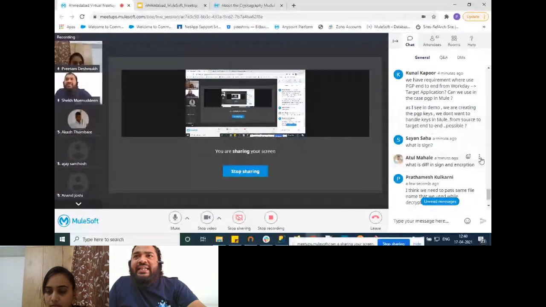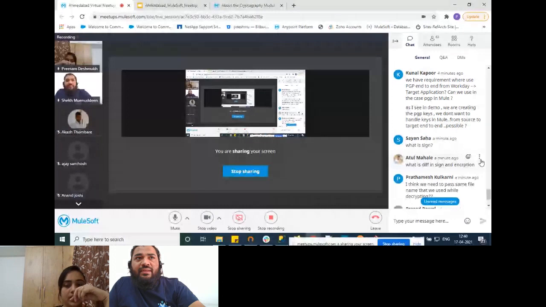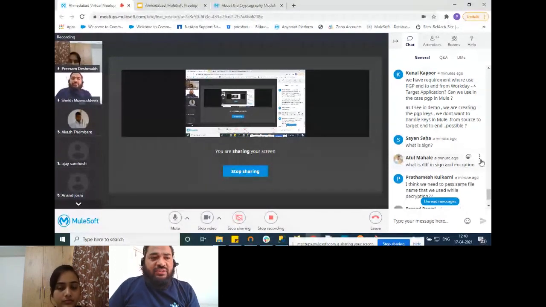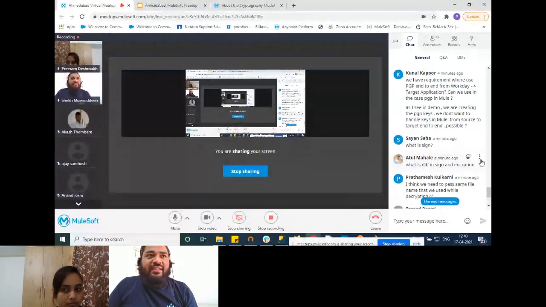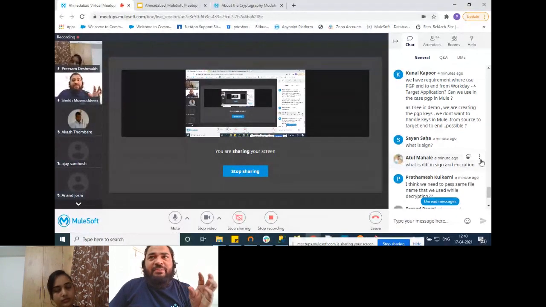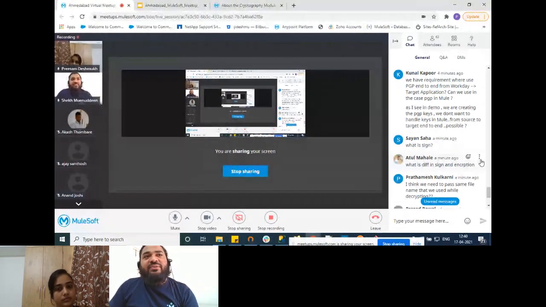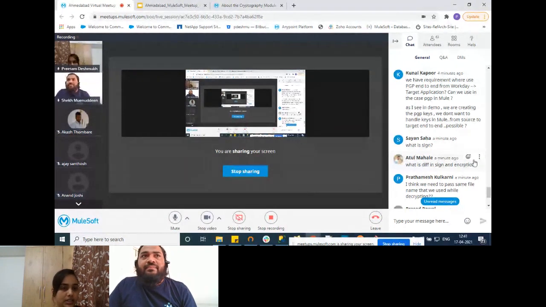So you're asking about encryption in one application and sending data, and decryption in another application running in a different environment? For example, an experience API doing PGP encryption and a process API doing PGP decryption. Yeah, we can do that. We just need to keep the key IDs and the algorithm the same. That's it.